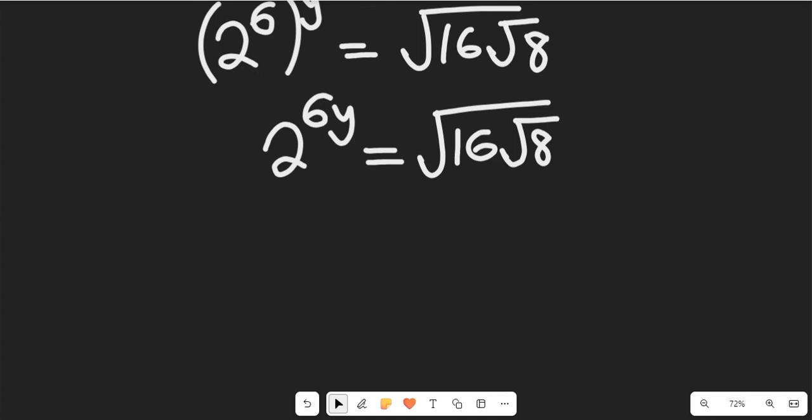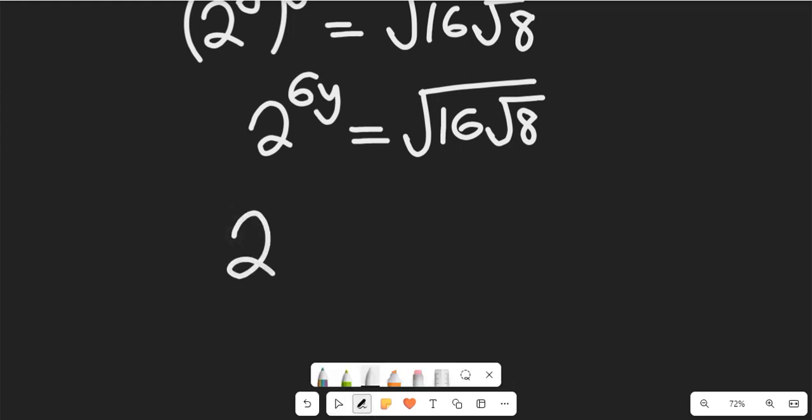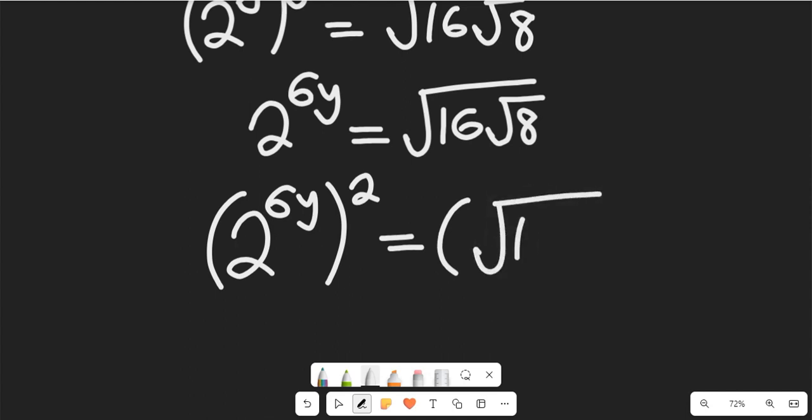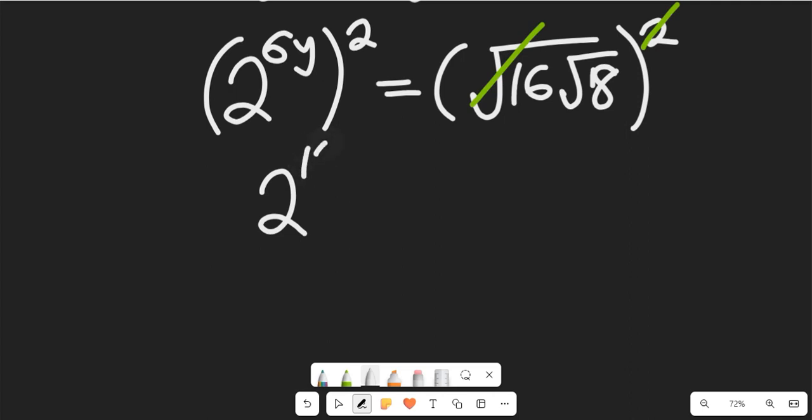Now, if we simplify this, we are going to have this expression. If we take the square of both sides to remove the first square root, we are going to have 2 to the power of 6y all squared, equal to the square root of 16 and the square root of 8 all squared. Now from this expression, you see that this square will simply do away with the square root, and then we'll be left with 2 to the power of 6y times 2. The exponent will multiply to give us 12y, and this will be equal to 16 multiplied by the square root